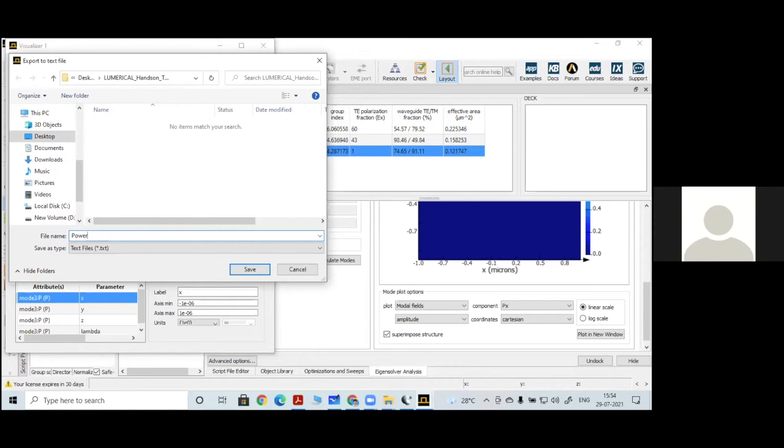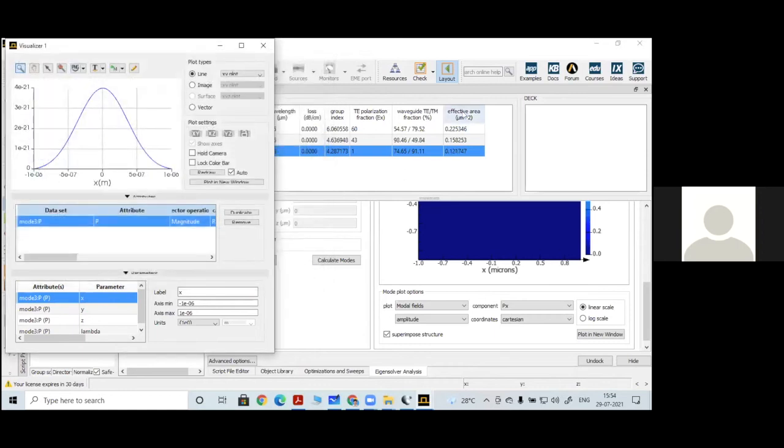So this power density data you have to multiply with this effective mode area, then you will get the actual power confinement in the waveguide, exactly at the center. If you are not multiplying, this data cannot be considered as power. It is always considered as power density.